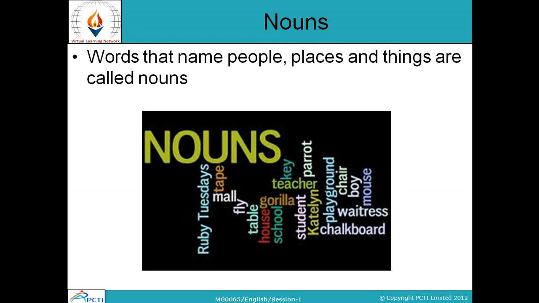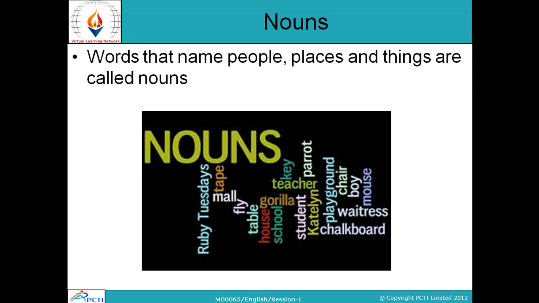One way to find nouns is to look for a little word, a, an and the, and the naming word that comes after them is probably a noun. क्या होता है कि सेंटेंस में देखोगे, अगर आप a, an और the को देखो और उसके बाद जो भी नेमिंग वर्ड होता है वो नाउन होता है. Sometimes nouns appear without these little words, but you can usually insert them without changing the meaning of the sentence.